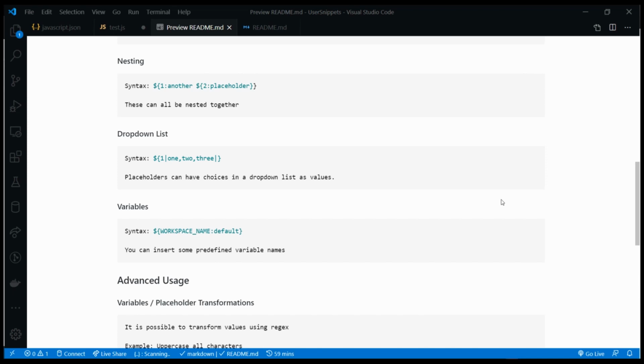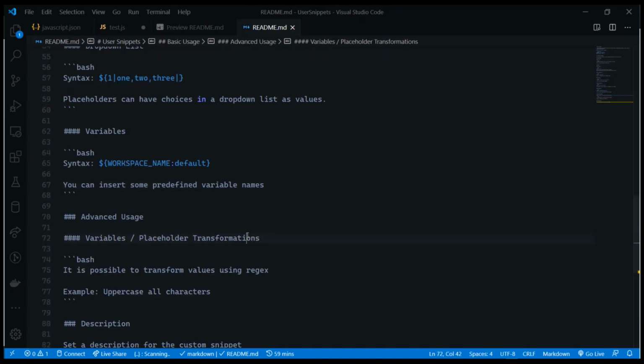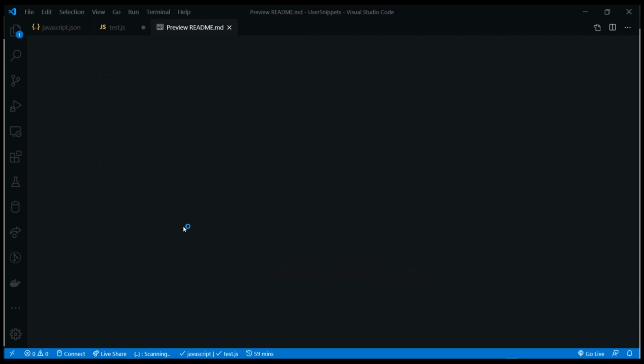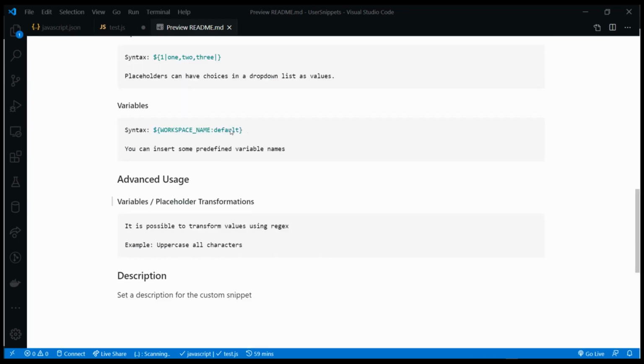So for the last one, we can use variables, and these allow us to insert the values of some variables into the body of the snippet. So usually we can pretty much add in some predefined variable names that are defined for us. So there are a couple, and I'll post those in the description below with the documentation. But for one of them, for example, we can use the workspace name right here that is defined for us. So if I just copy this over here,